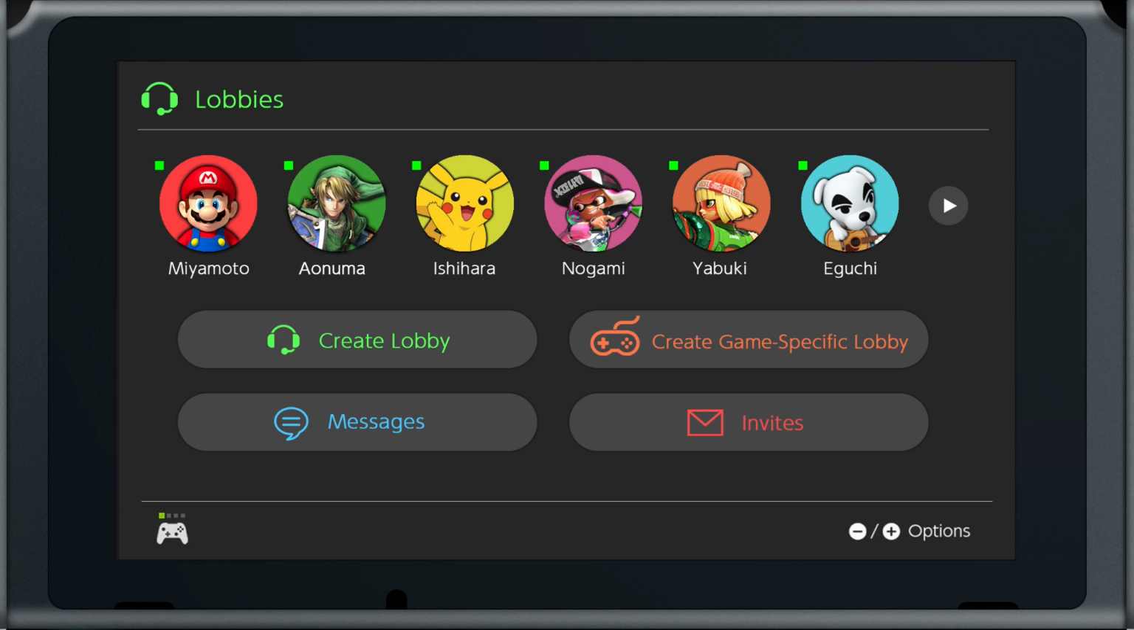So it'll be really convenient to see all of that right from here. And now on the bottom here you can see that I have 4 options. Now the first option that I have here says create lobby, and the one thing that I don't like about